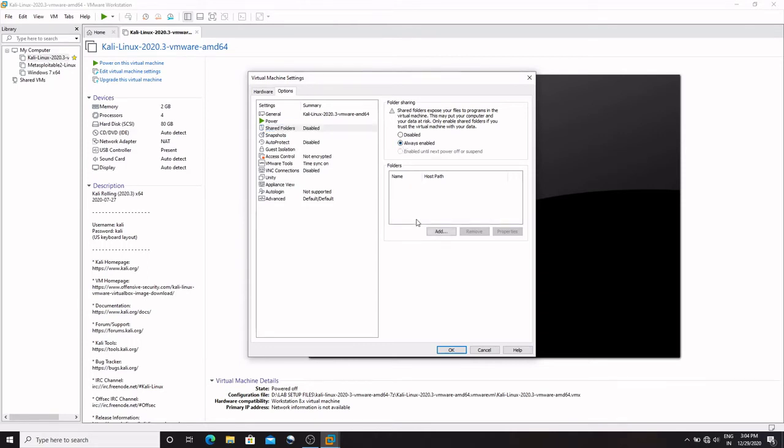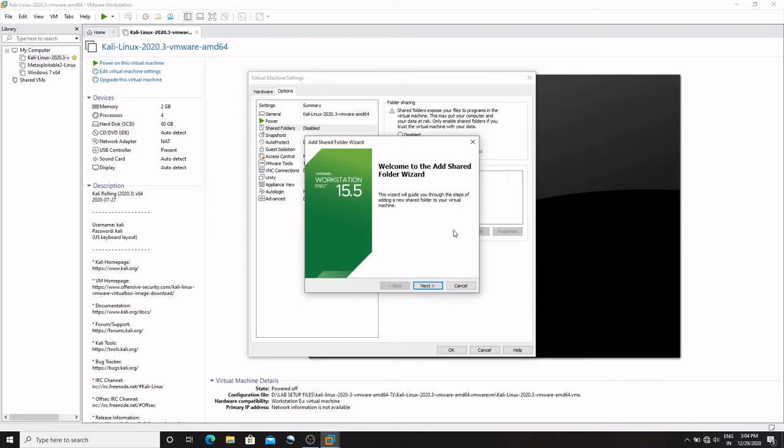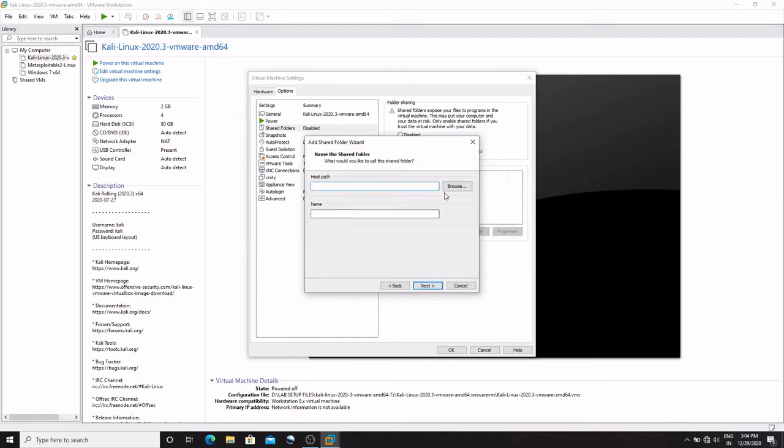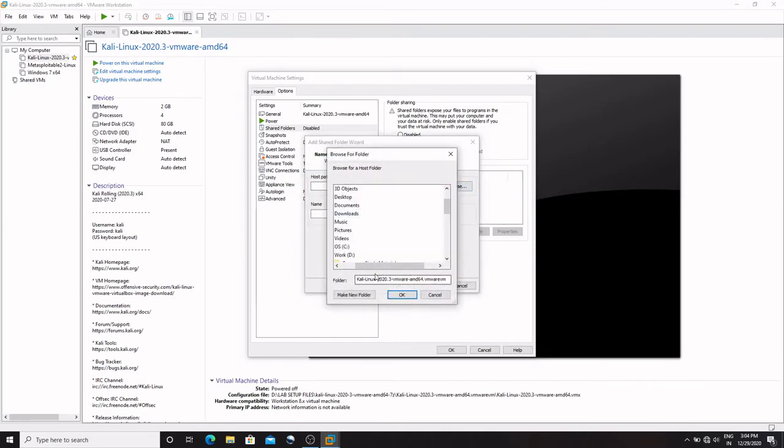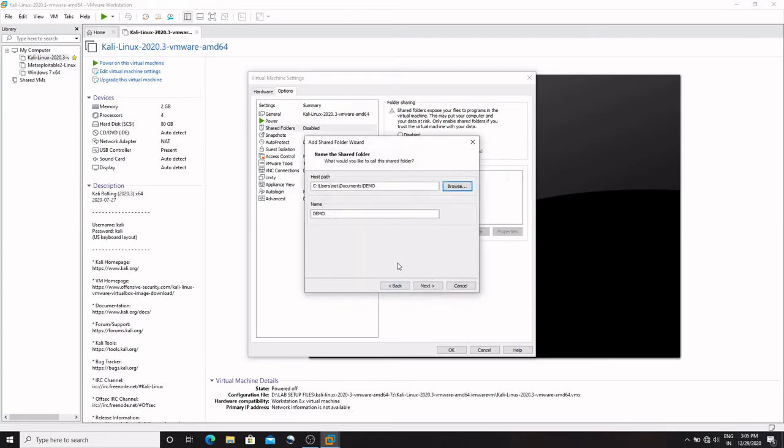And here you want to give the path of the folder which will be shared from our host machine to our guest machine. So just add that path. Just browse here and select the folder which will be shared. The folder which will be shared is at our documents location, the demo folder. Okay, the path is already set. Now we just want to move forward.